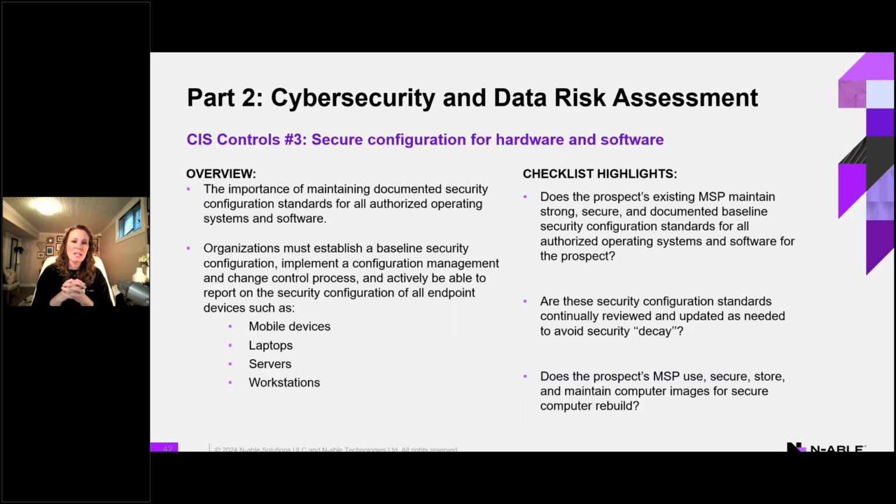So now moving on to CIS control number 3. This is around secure configuration for hardware and software. There's 5 sections to this particular control, but at a high level, control number 3 is all about maintaining documented security configuration standards for all authorized operating systems and software. Organizations have to establish a baseline security configuration. They have to implement a configuration management and change control process, and they have to be able to actively report on the security configuration of all the endpoint devices like mobile devices, laptops, servers, workstations, that type